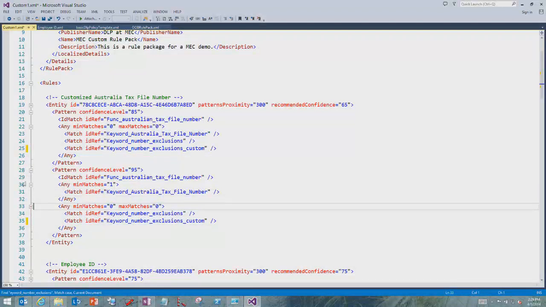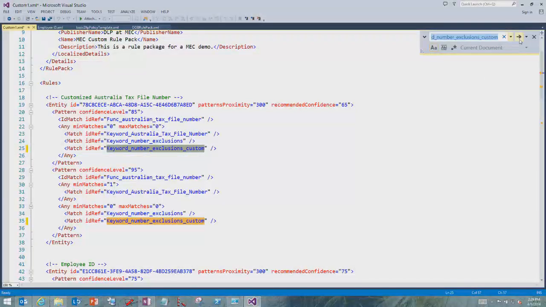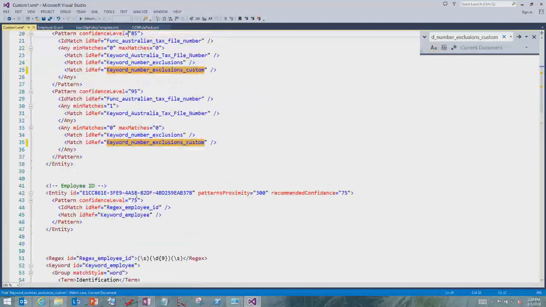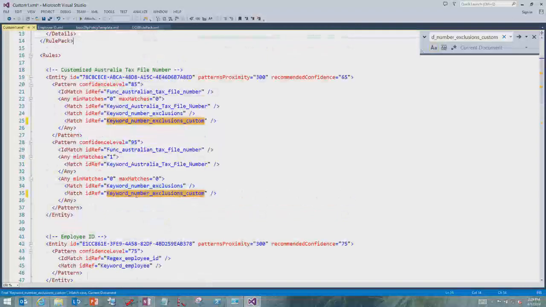And if you want to see what these new things look like, it's just a keyword list defined in the file, and I've added Contoso employee ID and employee identification as the terms, because again, from my tuning, these were the terms that were sometimes causing false positives. So that will define and extend an existing type, and I'll show you how to bring that back into the system. Outside of this, I've also